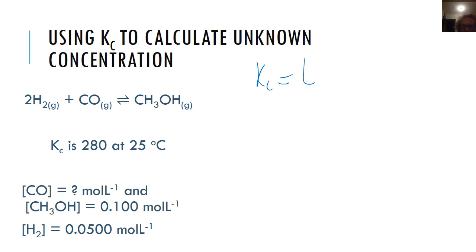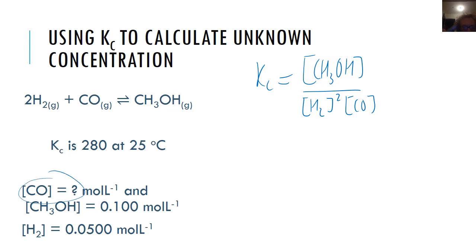So Kc is products over reactants, raised to the power of their coefficients. First step. Now, I need to find out what carbon monoxide's concentration is, because these are going to equal 280. So what I can do, since I know my algebra, is let's put Kc still there. If I have this again,